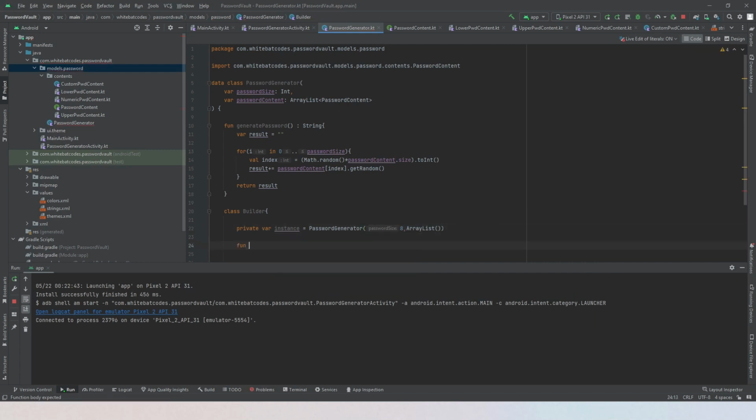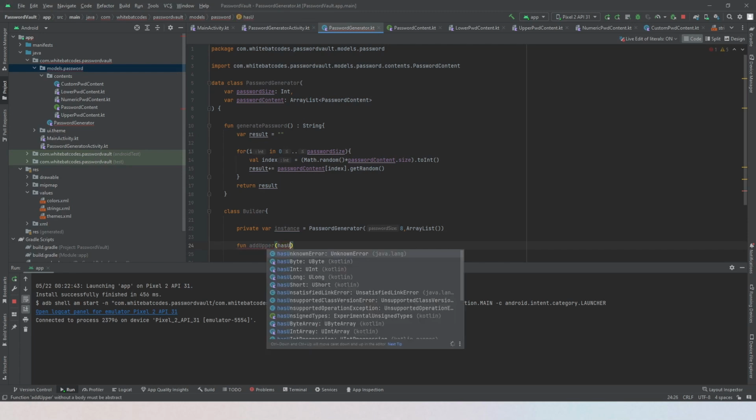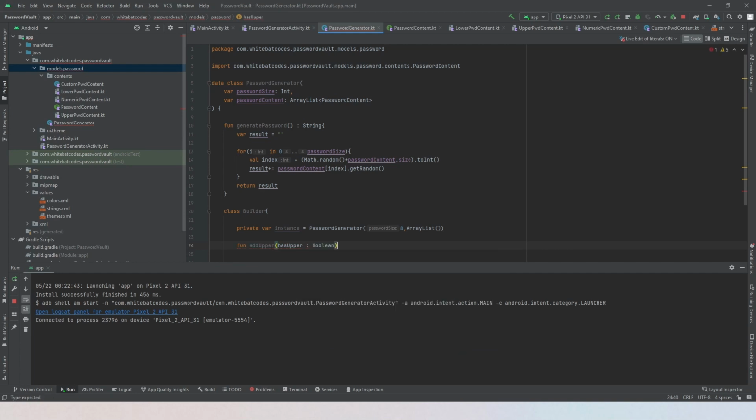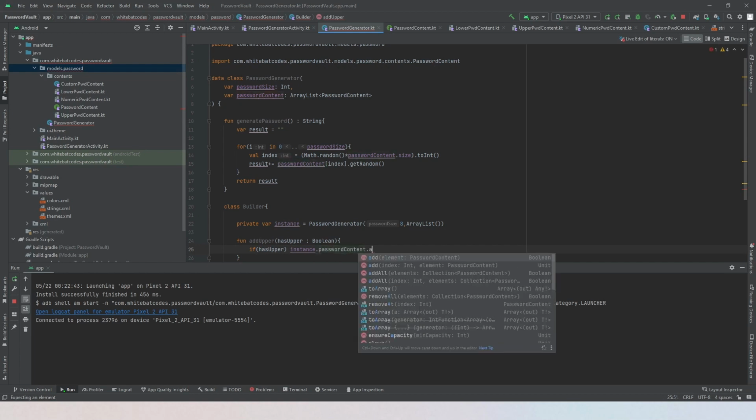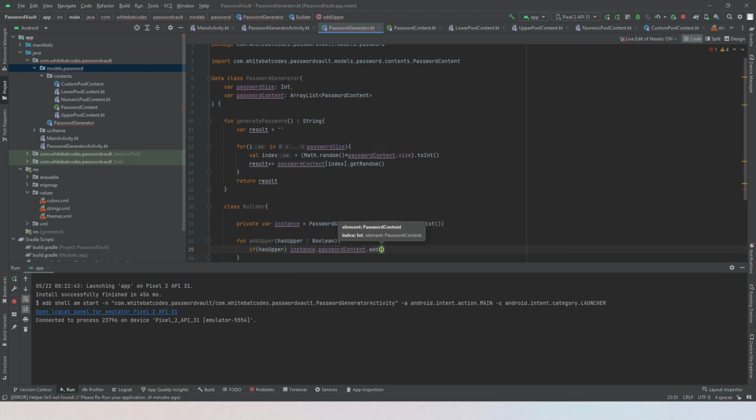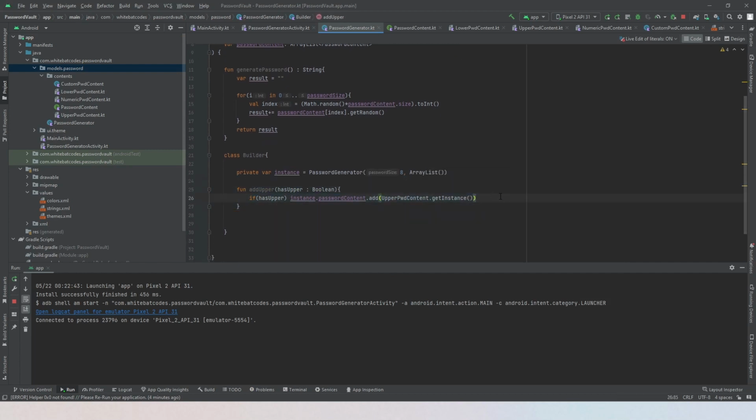And here we're gonna add a function addUpper. And here we're gonna add a parameter hasUpper, which is going to be a boolean. Basically, if hasUpper, what we're going to do is instance.content or passwordContent.add, and we're going to add the instance, so upper passwordContent.getInstance. And then since it's a builder, it should return this, and here